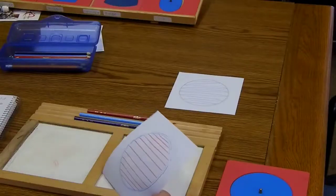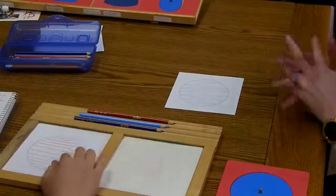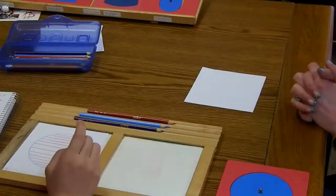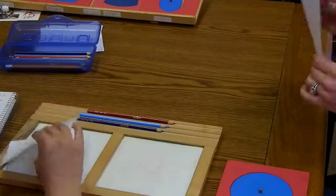Otherwise, the paper is very expensive and you'll go through a lot of it. Okay, sounds good. Kind of depends. And then you can also encourage them if they want to turn their papers over and use the other side. So that I have done. Yeah, so that's good too. But it's fun after they make several of them, then you can staple them into a book that they get